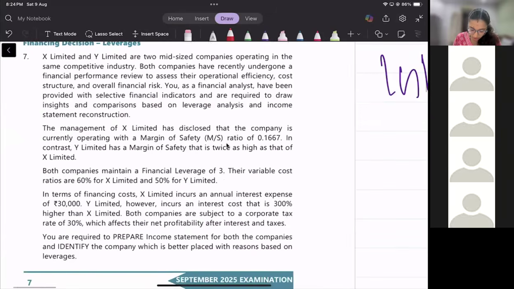The management of X Limited has disclosed that the company is currently operating with a MOS of 0.1667. In contrast, Y Limited has a MOS that is twice as high as that of X Limited. So what will be the MOS of Y Limited? Twice as high as the MOS of X Limited. So it will be point